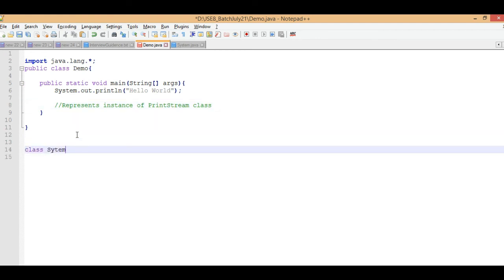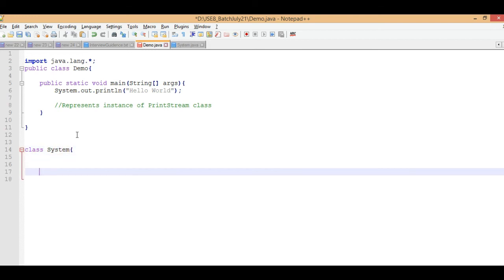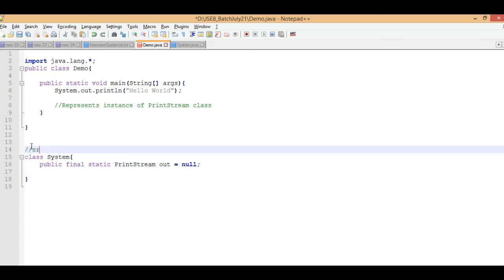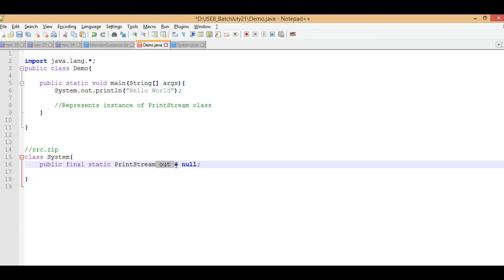Class PrintStream, and this class is inside the source file, right? And the System class is in the java.lang package. Out is the variable which we are using here, and from anywhere you can use the PrintStream class instance by this approach. So here System.out represents an instance, meaning an object, of the PrintStream class.